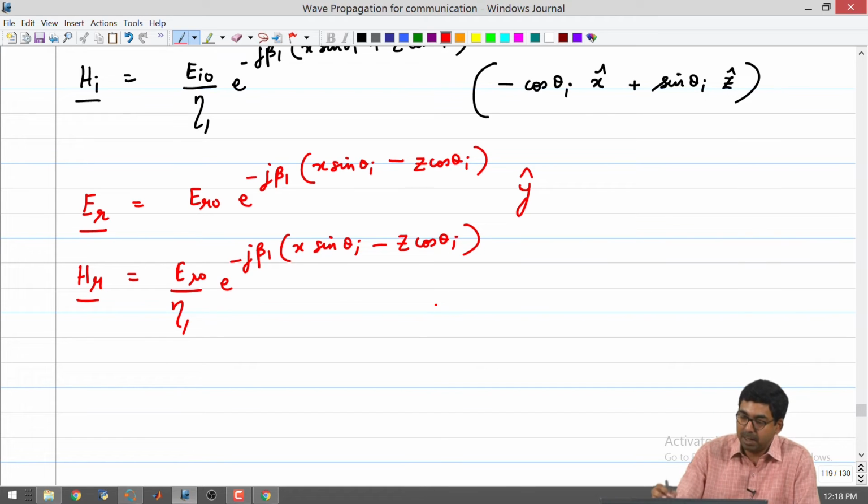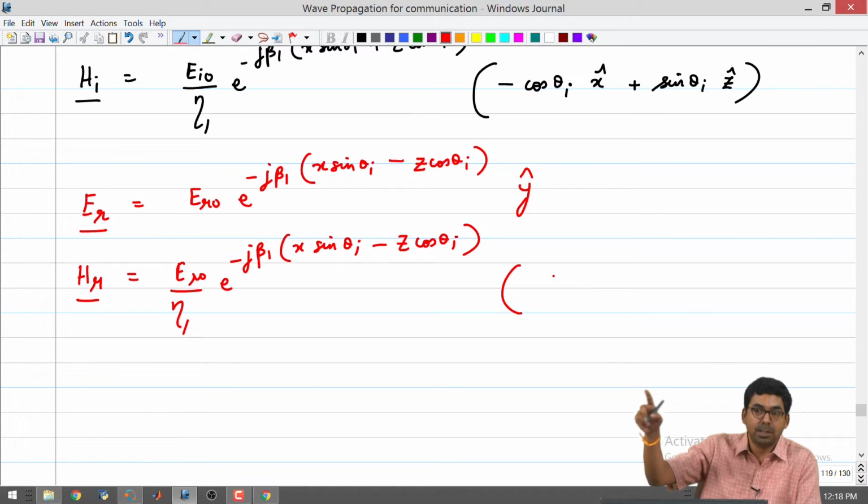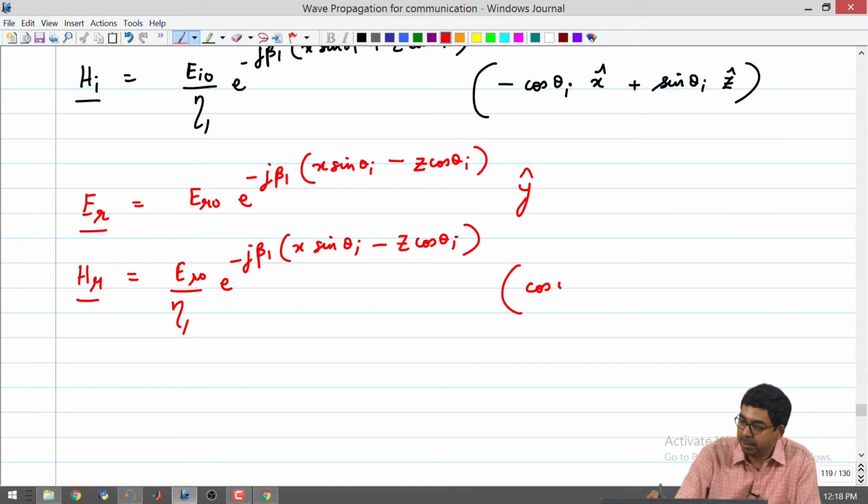So, we have to multiply this whole term just like we did for the incident field with the decomposition of your reflected magnetic field. So, now I have cos theta I x hat